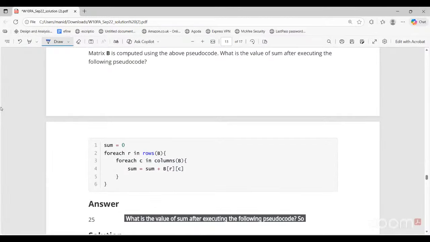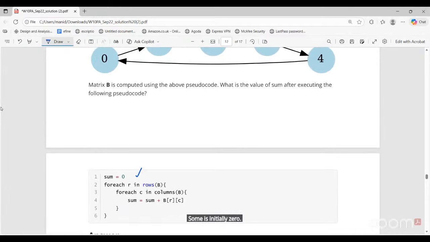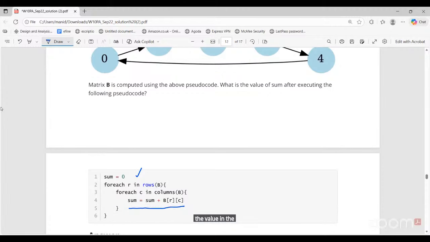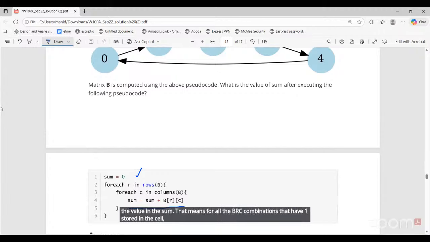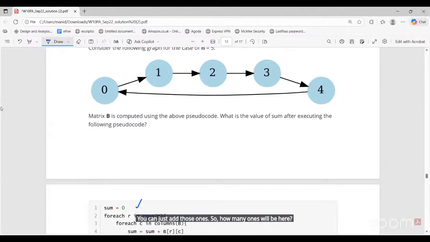So the pseudocode is, sum is initially 0. For each row and each column combination, that is for each B of ij combination, we are just adding up the value in the sum. That means for all the B of row-column combinations that have 1 stored in the cell, you can just add those ones. So how many ones will be here? That means how many direct or reachable paths? Here, first tell me,